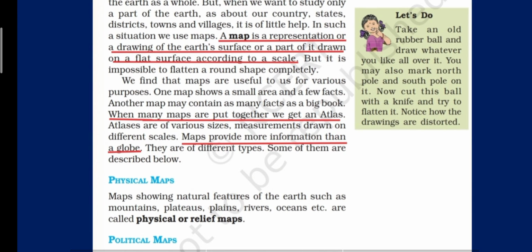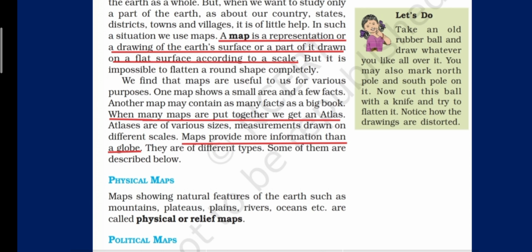So when all these maps are put together to make a book, we call it an atlas.